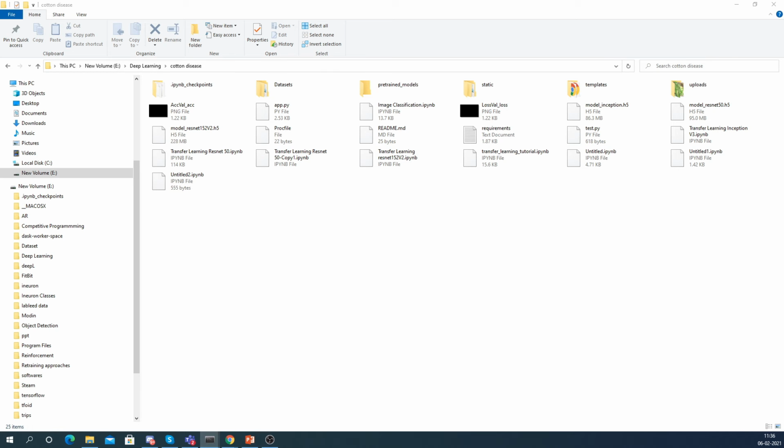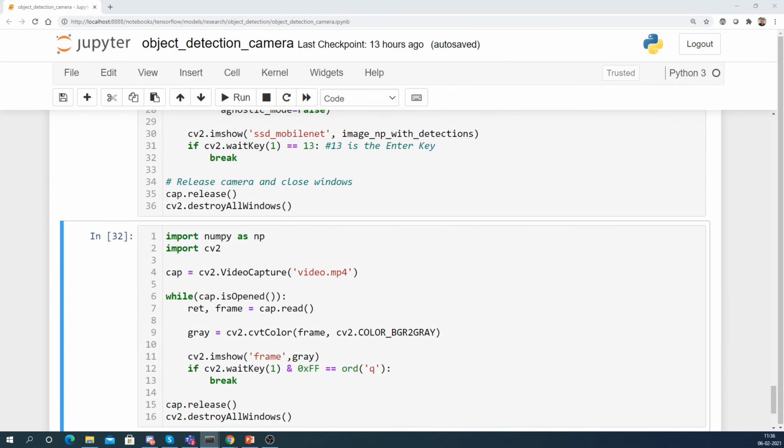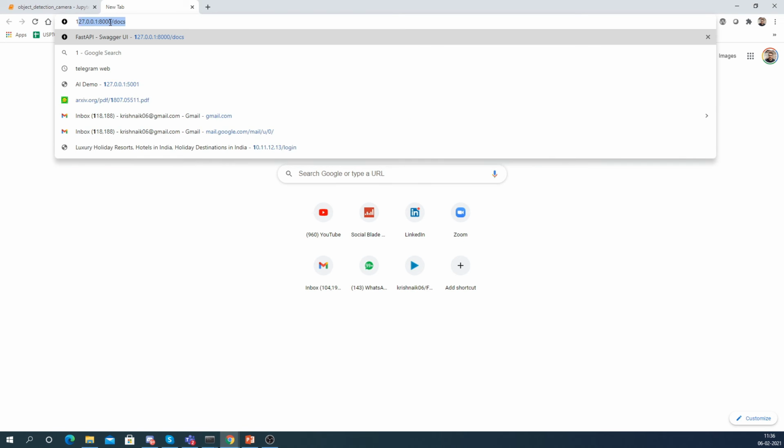Just a second, guys. I am just trying to run this code so that you will be able to see it. Python. Okay, now my code is basically running. Okay, now I will just run it. See this, everybody.